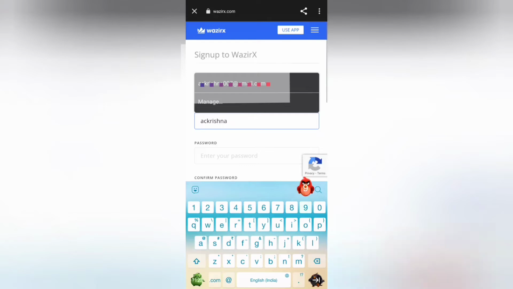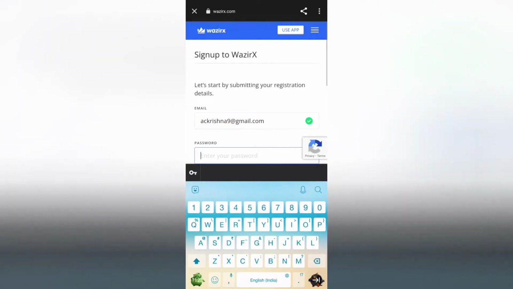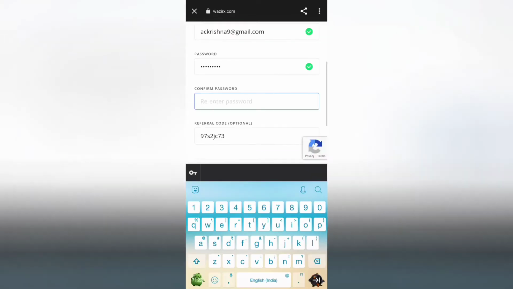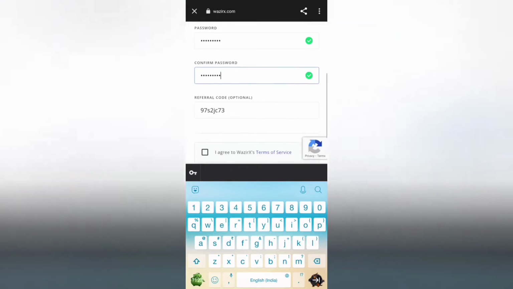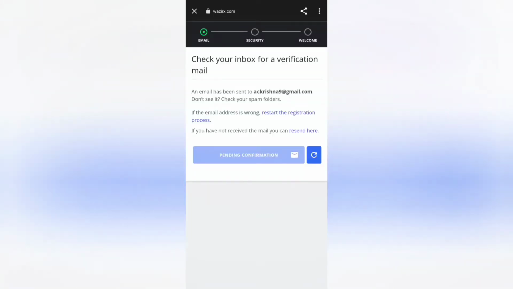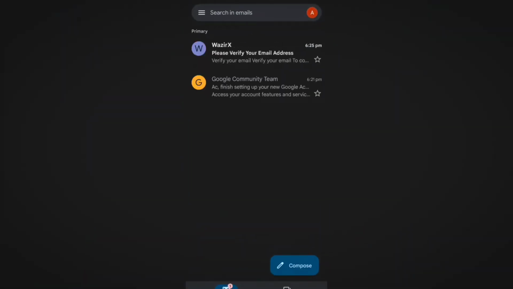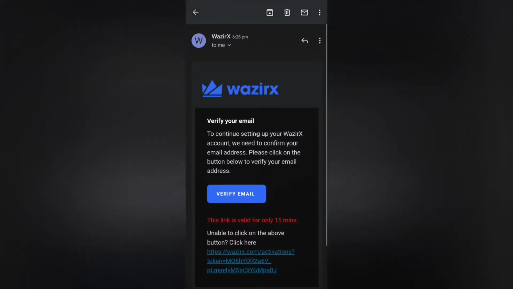For signing up, firstly we need to give our email address and password. And again it will ask you to reconfirm the password. Please reconfirm it, and click on I agree and click on the sign up button. Now you will get an email for confirming your email address. Go to your Gmail and refresh. Click on the email, verify your email,